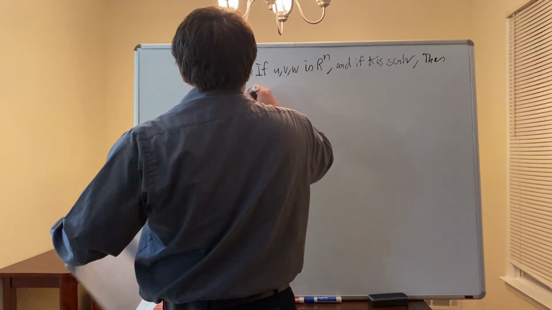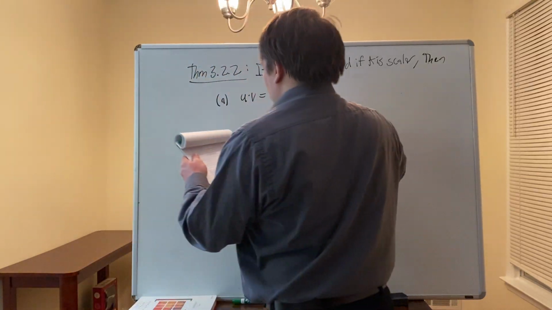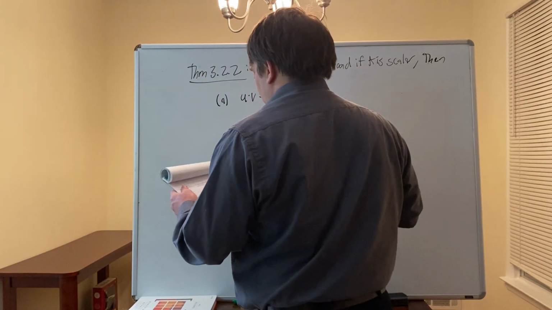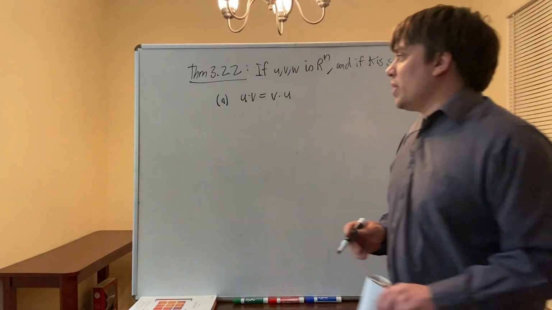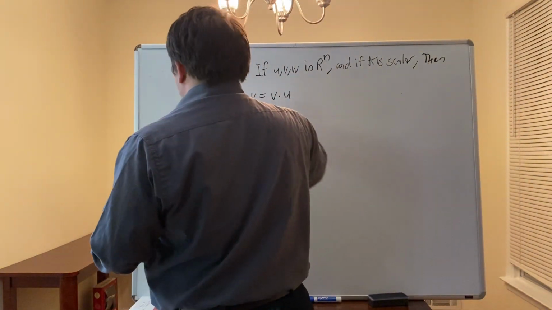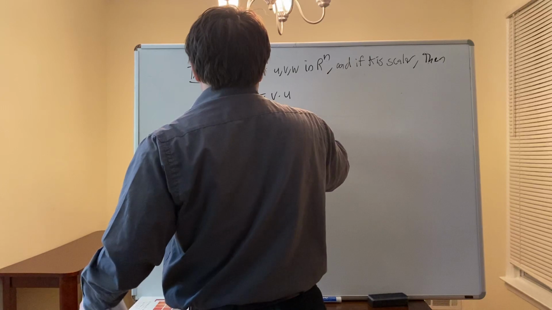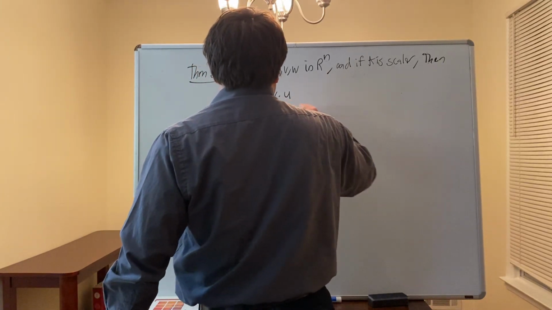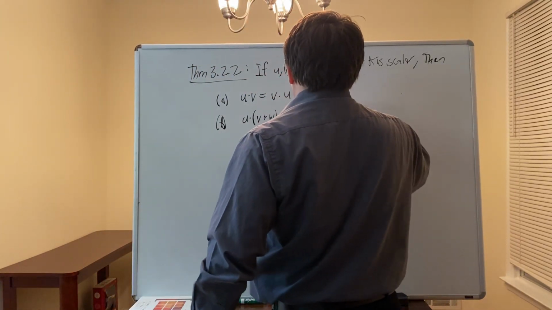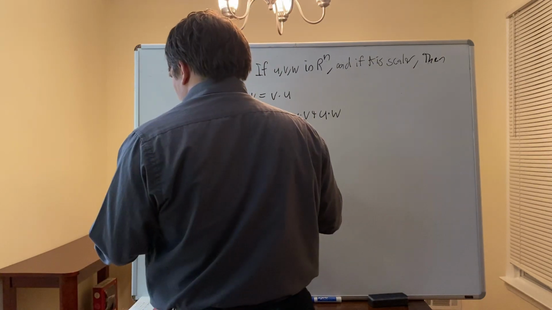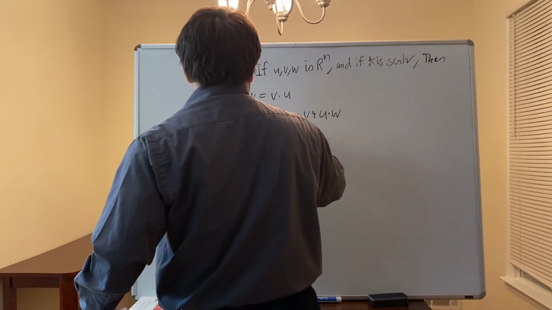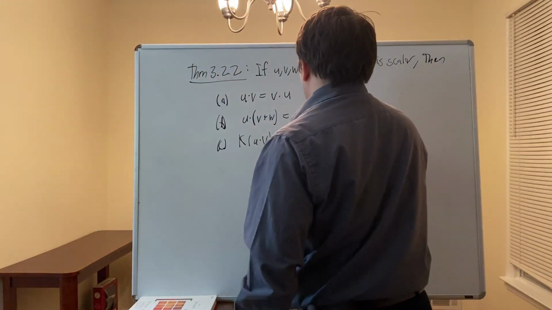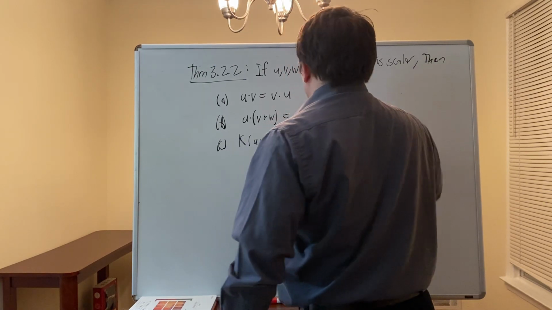A, u dot v is equal to v dot u. This is called the symmetry property. B, u dot (v plus w) is equal to u dot v plus u dot w. C, k times (u dot v) is equal to (ku) dotted with v. D,